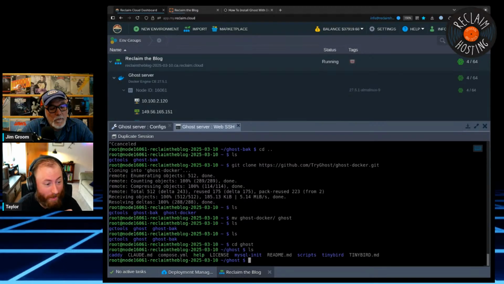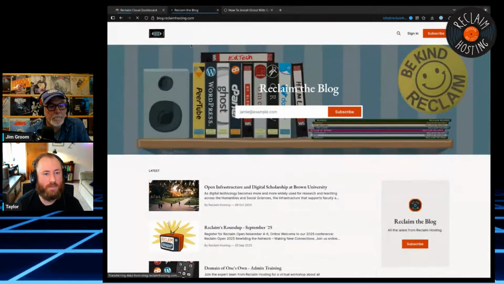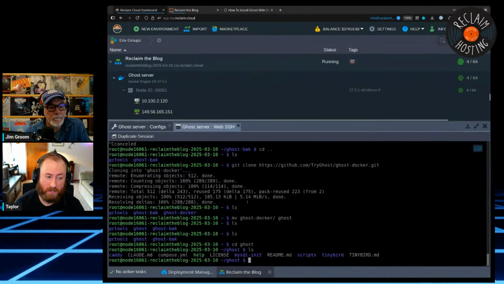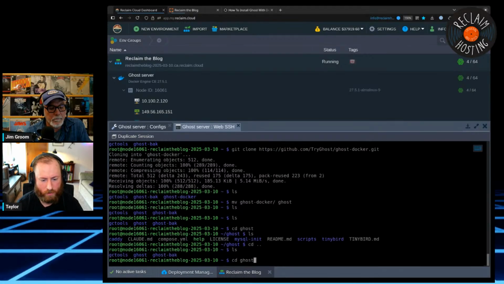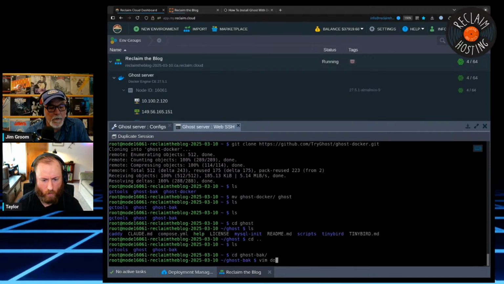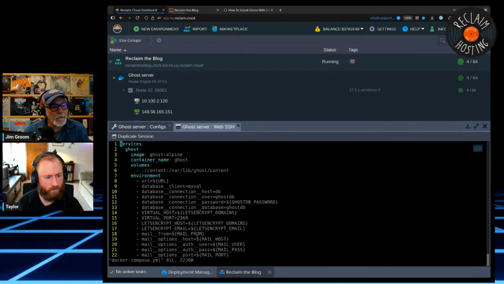The beauty of Docker is that the way we have this configured, that Ghost folder that we had before that we renamed to Ghost back is over there. I brought it back up. It's working. And so everything I'm doing here, because of the way our Docker Compose stack is set up, doesn't affect that essentially. And I can go into that Ghost back folder to show why. So really it is that quick.